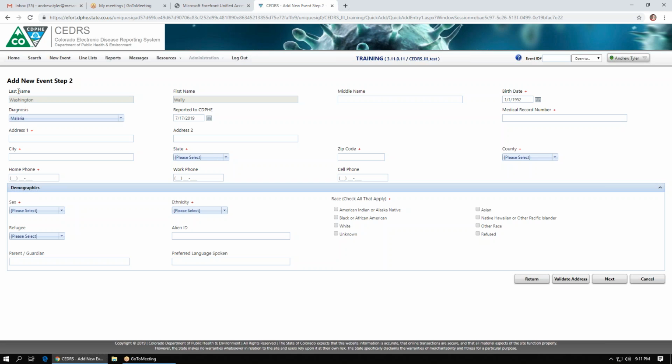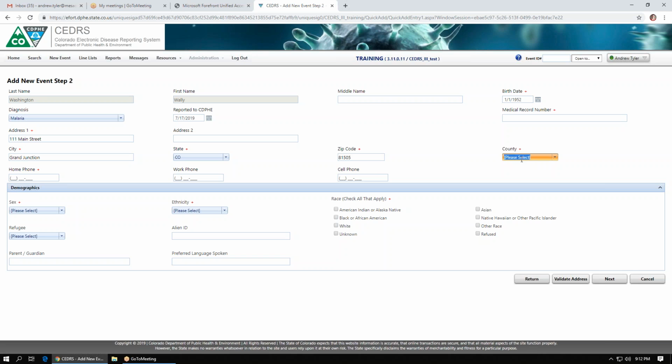So we're creating the profile now. We're not doing anything with the disease yet. We're just saying who this person is, kind of like a Facebook profile, I guess, is how I imagine it. So you put in the address. We'll say that this guy lives in Grand Junction, Colorado, 81505. You can go through this, and again, as I said, these have the red pluses, meaning that they're not required,